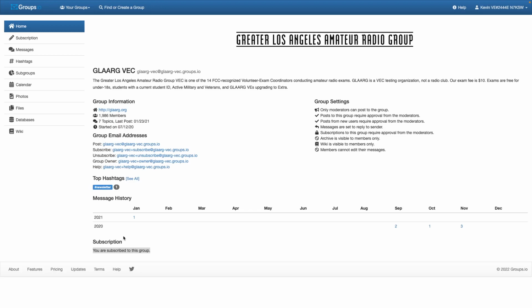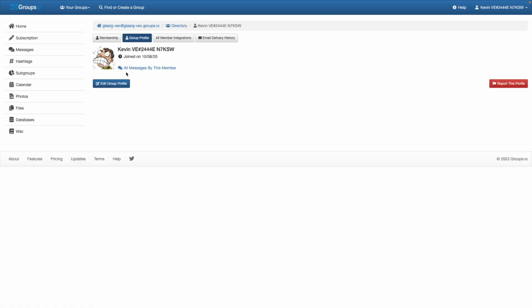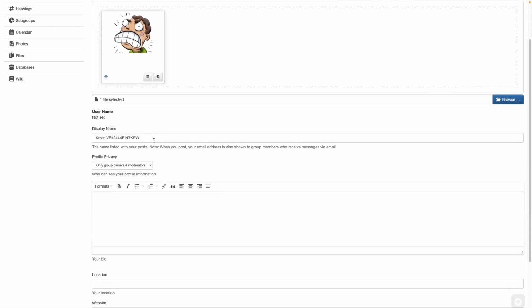Under subscription here, I'm already subscribed, but if you're not, you'll see a button that says apply for membership to this group, and then you can click on that. The powers that be usually will approve that pretty quickly, within a couple of days at the most. And then you can go to subscription. You can change how many emails you want to get per day, and then you can go to your group profile, still under subscription, click edit, and then you can upload a profile photo if you want to, but most